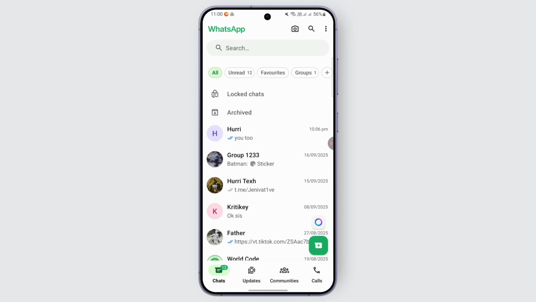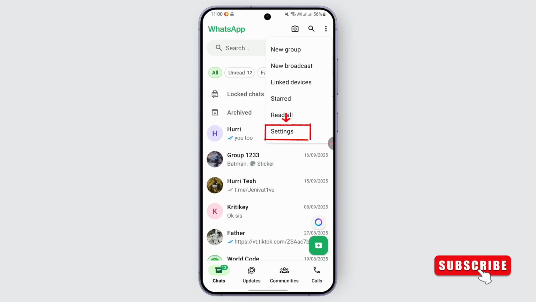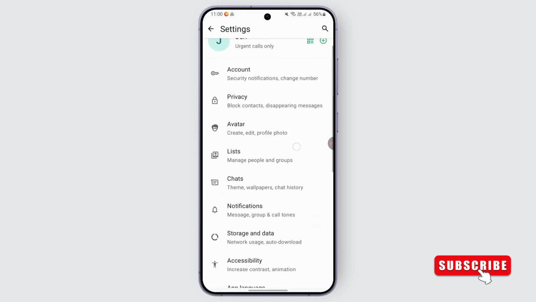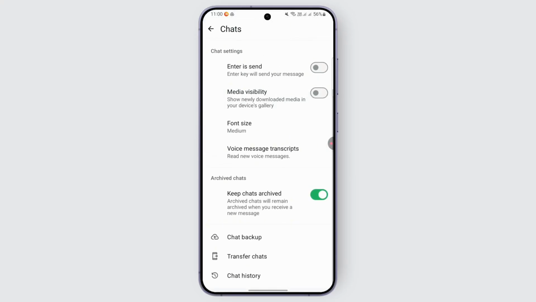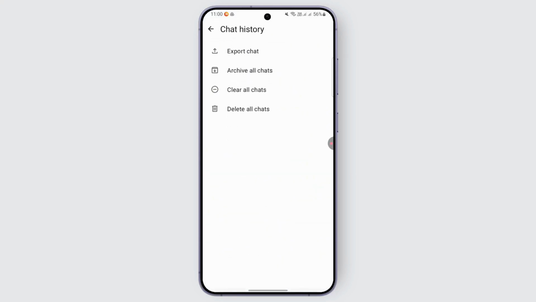But if you do not find the archive option on your screen, what you can do is go to your settings. Look out for the three dots in the top right corner, and tap on settings from the given options. Once you tap on settings, you may just scroll down and find the option for chats. And from chats, you need to scroll down and find the option for chat history. Go ahead and tap on it. And once you tap on it,